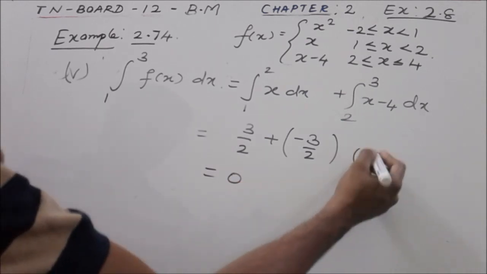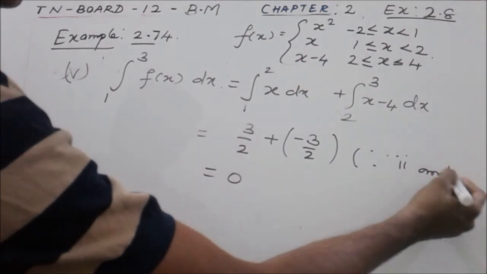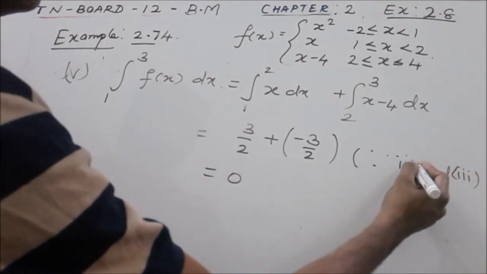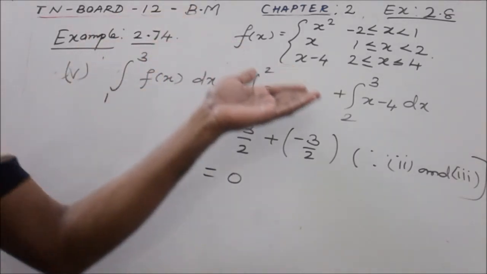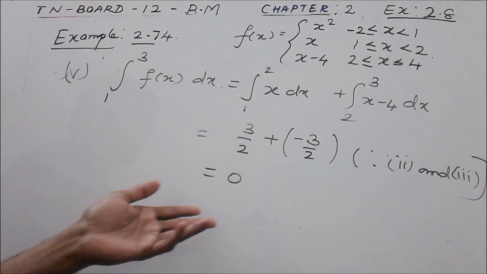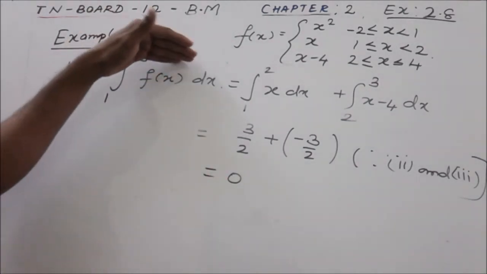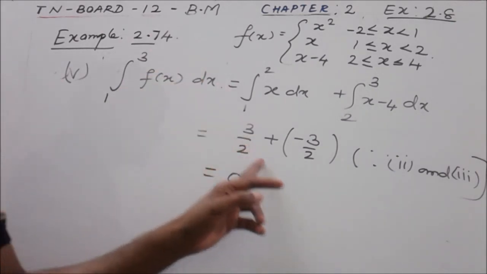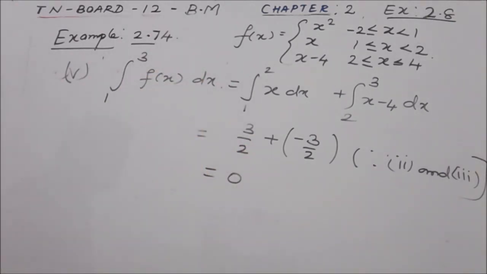Since by subdivision number 2 and 3, if all the subdivisions appear in a single question, you can utilize the previous answers directly here and substitute and write the answer here. That is enough to complete the answer. Suppose a particular subdivision is given alone, you need not go with the direct answers. You should work it out fully as I did. Now we have completed 2.8 all the examples and 2.8 exercise also.